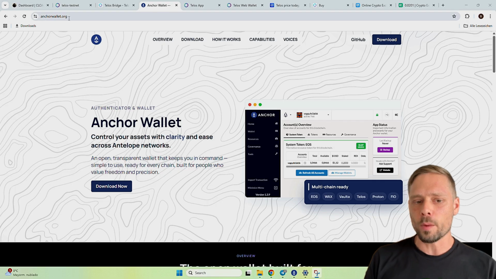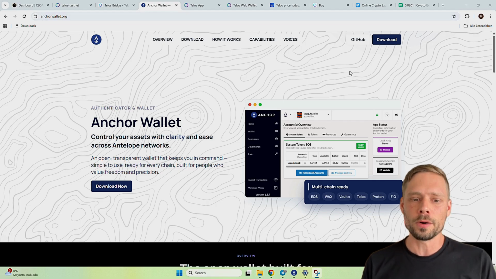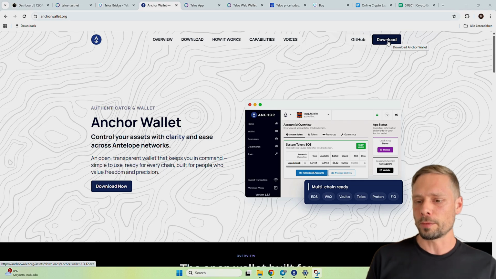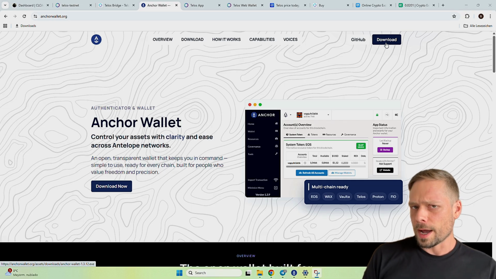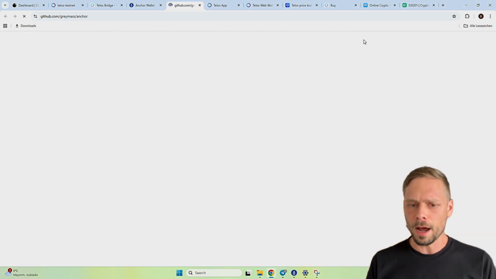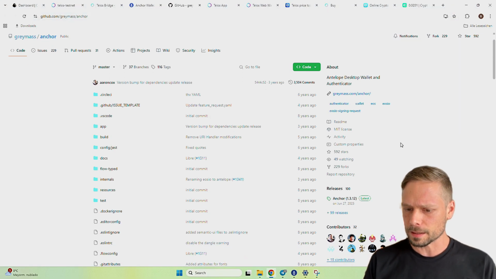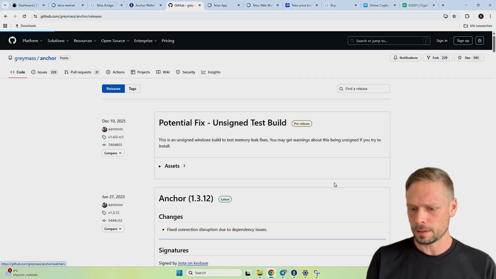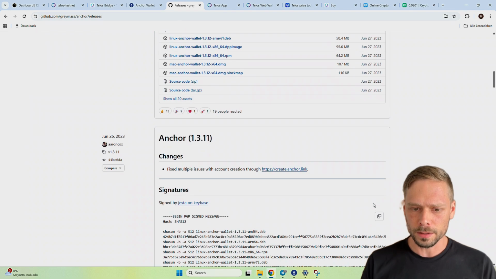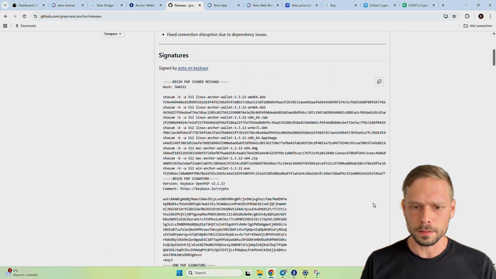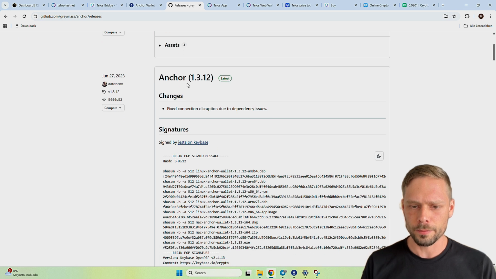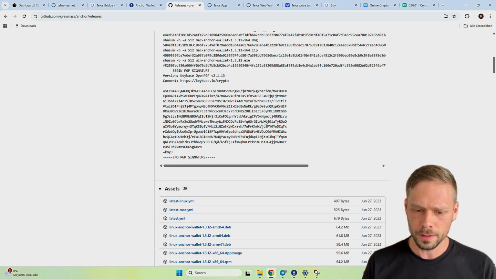If you go to anchorwallet.com, you can download the latest Anchor Wallet. There's a download button here on the top right. If it doesn't work, I noticed there were issues, at least for the Windows download, you can just go to GitHub and go to releases here on the right side and scroll down to the latest Anchor version, which is this one here, 1.3.12.